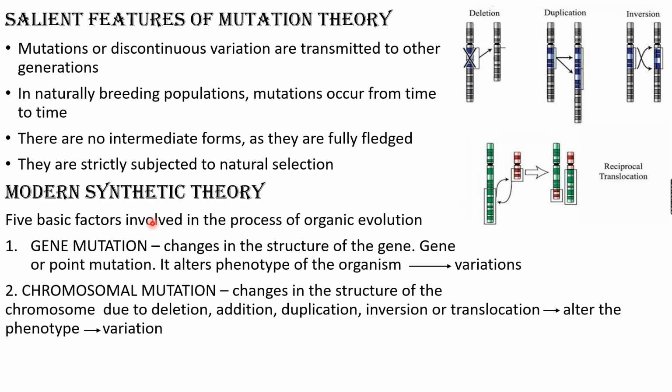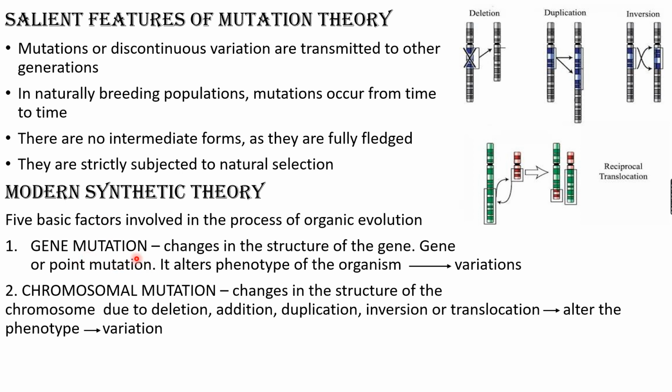Now we'll see the next theory, called modern synthetic theory in evolution, which involves five important basic factors. Okay, these five factors lead to the process of evolution. So what are the five different factors? Who proposed this? We'll see one by one. Sewall Wright, Fisher, Mayr, Huxley, Dobzhansky, Simpson, Haeckel, all these persons proposed natural selection in the post-Darwinian discoveries. According to these different persons, there are five important basic factors involved. We'll see one by one.